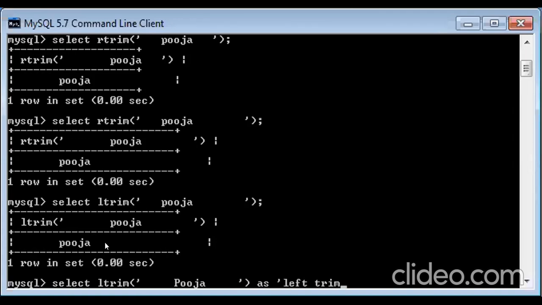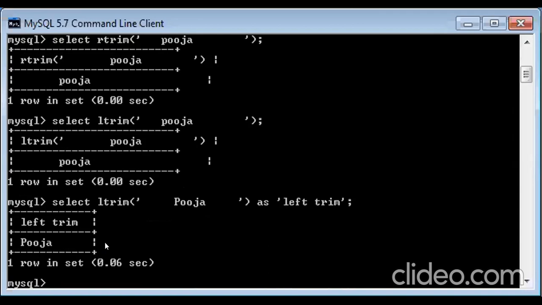Left trim. Is that okay? Terminator. You cannot really identify. You can see that here also this much space is already left after this. There is a certain amount of space which is always left. You cannot really identify. Let us try with the rtrim, not ltrim.